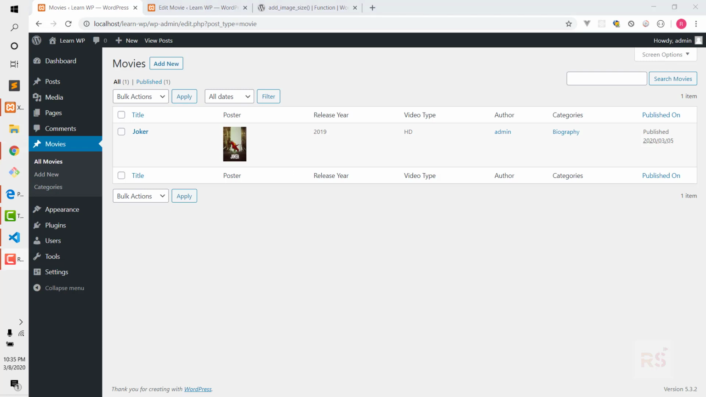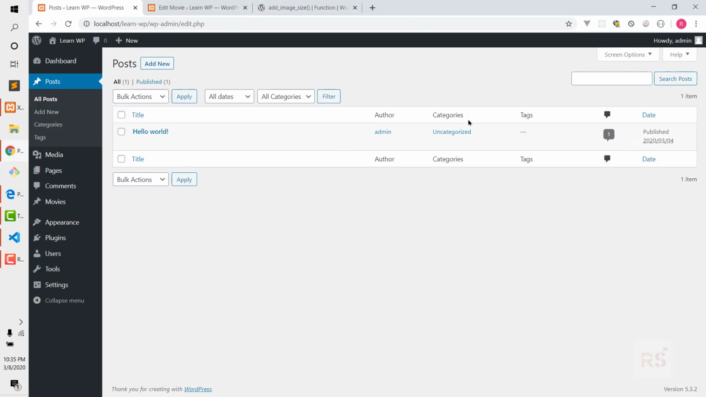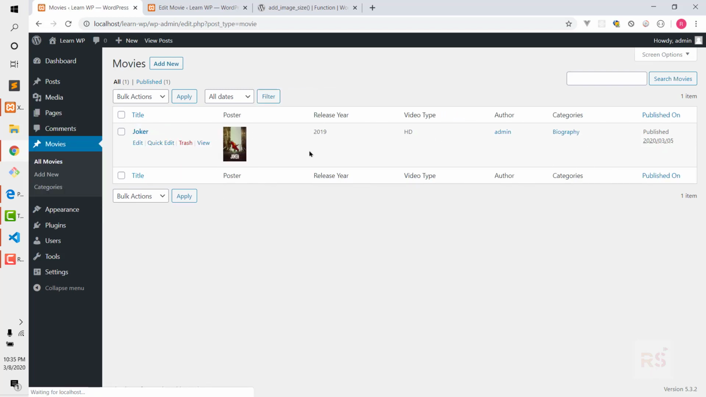And the last thing that I want to show you is that you can make this column sortable. For example, if we go to the post column, as you can see, you can sort by title or date. That means you can also add those features on the custom column too. Let's say we want to sort the movies by the release year or the video type, so we can do that. So let's head over into our code editor,